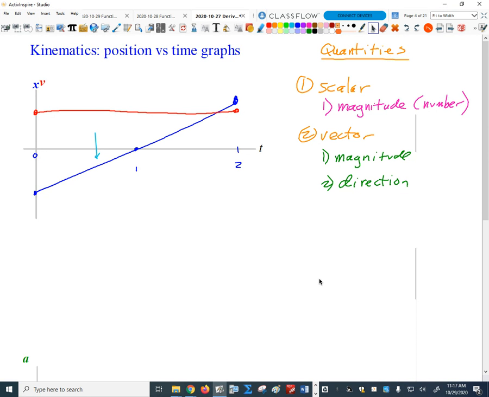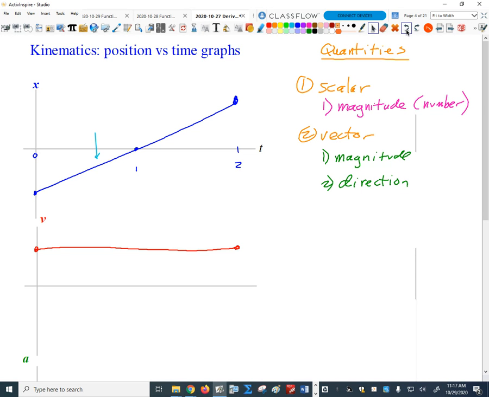Well, think about, see if I can undo that now. There we go. Think about what the units are going to be. Let's just look at this in terms of a dimensional analysis for a second. We're going to measure position in meters, right? And we're measuring time in seconds. Okay, so if I look at a slope of this line right here, if I'm going to define slope for the blue line,